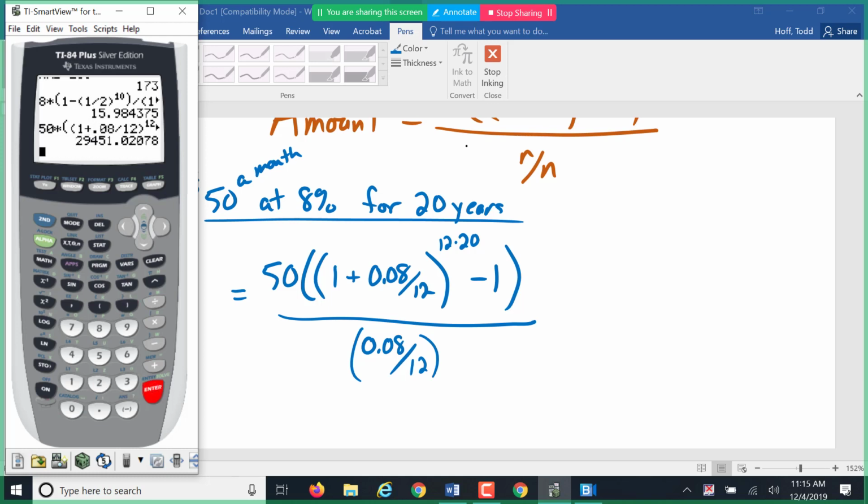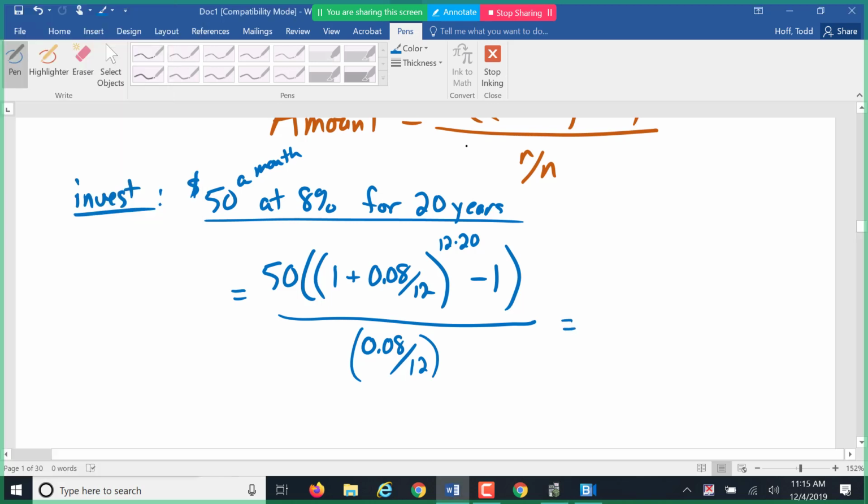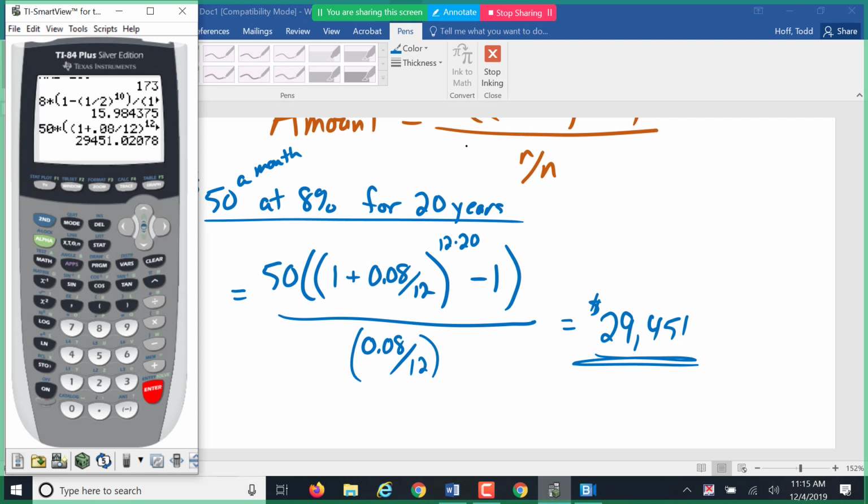We get that after 20 years, at just $50 a month, you have $29,451. If we doubled that to be $100 a month, we would double this total to be almost $60,000. Most of you are in your 20s, you're going to be in your 60s when you retire. If we took that to be 40 years instead,